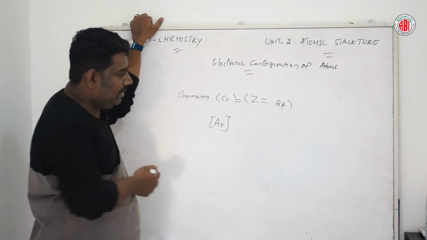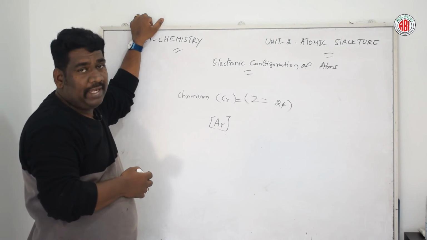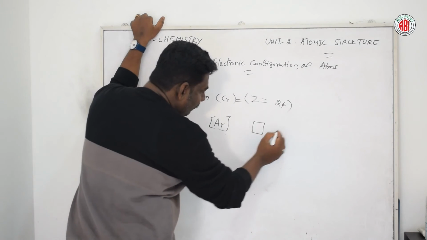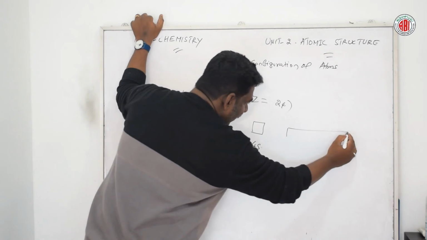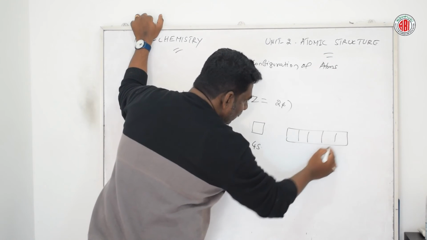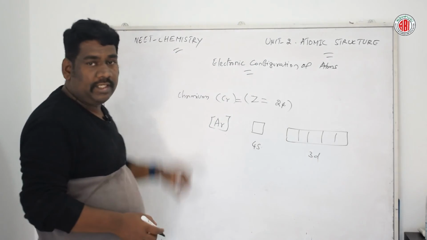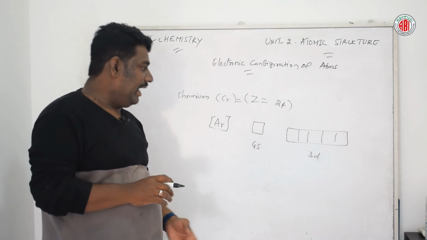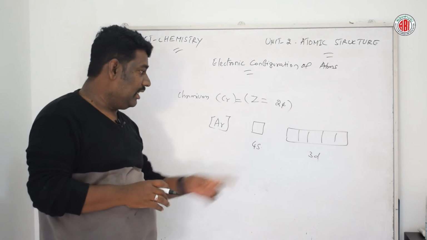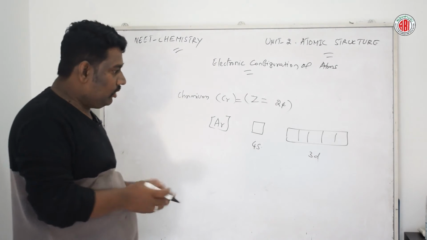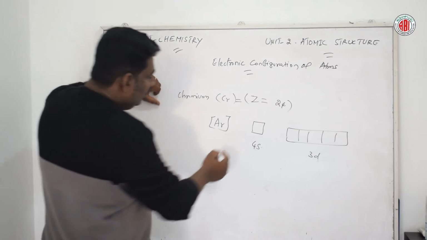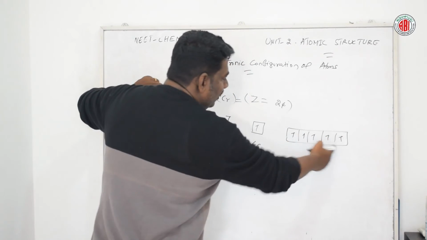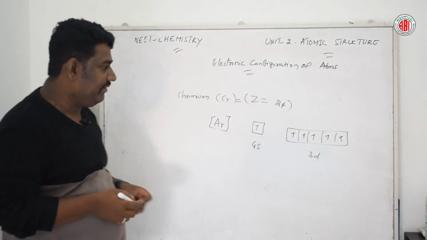How many electrons are left over? Out of 24, 18 are used, so the balance is 6 electrons. We have 1 cell, that is 4s, and 5 orbitals, that is the 3d orbital. In the case of chromium, the number of electrons left over is 6, and the number of cells is 6. Sharing the electrons equally in every cell, 1, 2, 3, 4, 5 and 6, the 6 electrons can easily be filled.